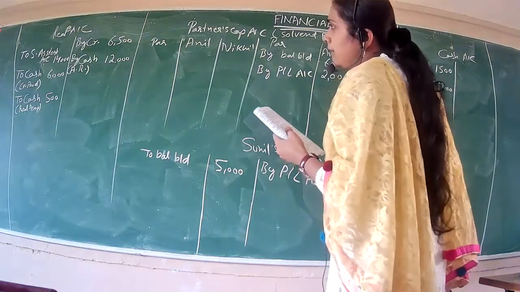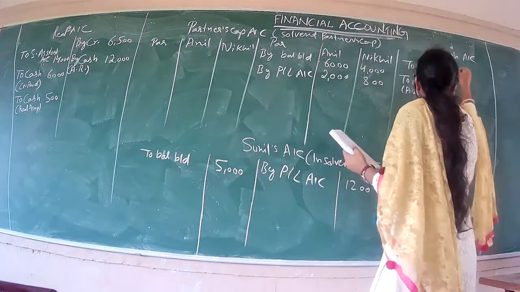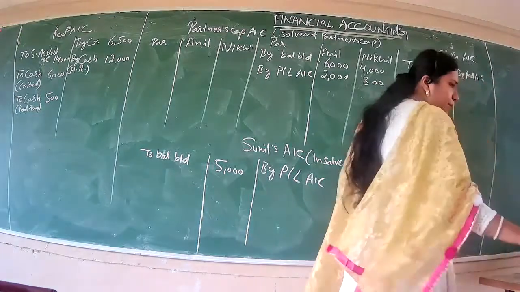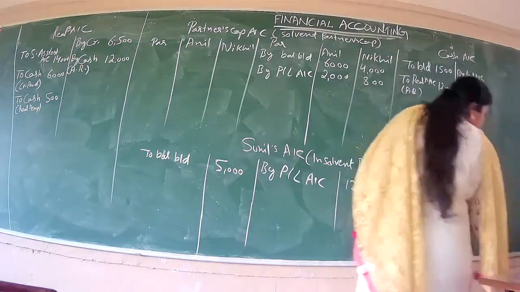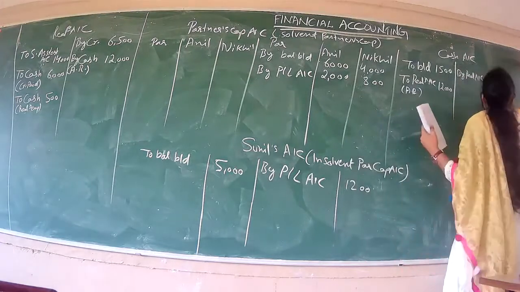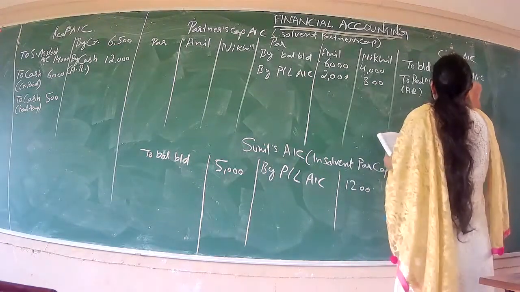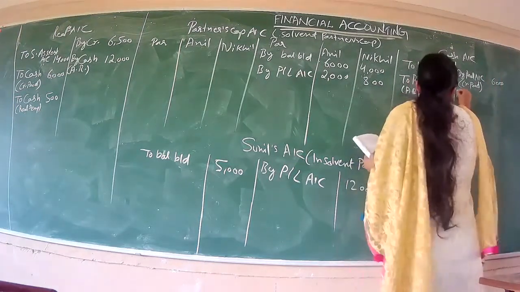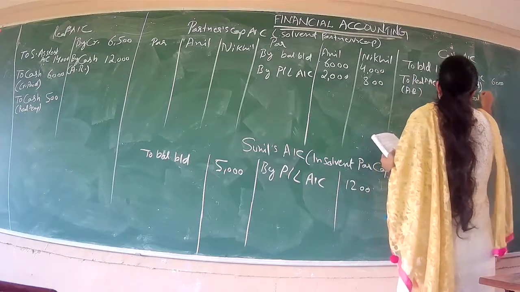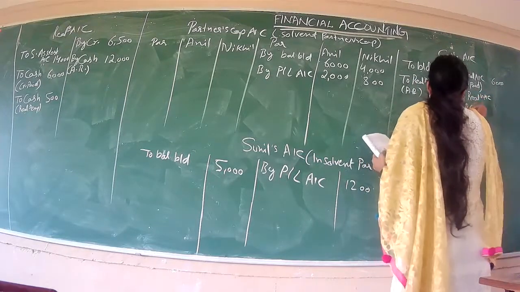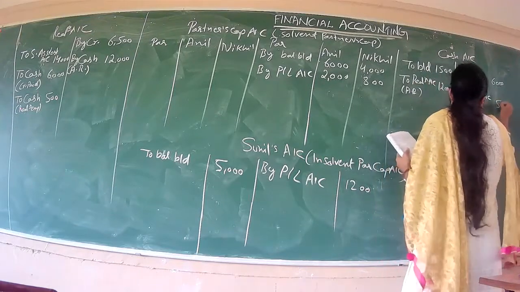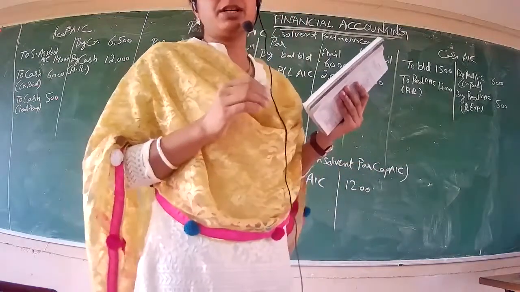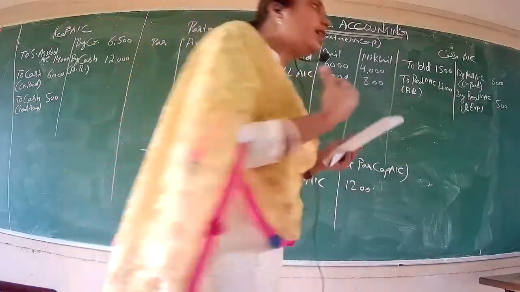And then we have the next entry for creditors paid. By realization account, that was your creditors paid. You have paid 6,000 rupees to the creditors. In the same way, one more you have in your realization account, that is your realization expense, which you have paid 500. Okay, so these all are entries in your cash account, counter entries from your realization account.